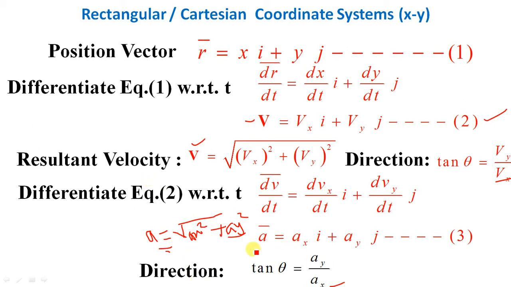Sometimes when acceleration is given, so from that if we want to find out its velocity, we have to integrate that equation. Sometimes only velocity is given, we have to differentiate to find out the acceleration. From the velocity, if we want to find out its position coordinates, we have to integrate the velocity equation. Quite simple procedure.